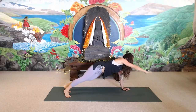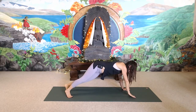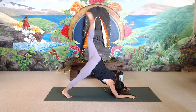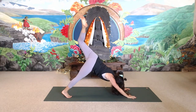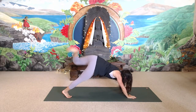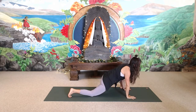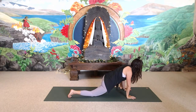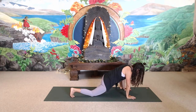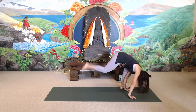Last round, left arm circles, add the plie, hand down, forearm down, leg lifts, and then push into the hand, straightening the left arm away from the mat and let the right leg swing. Drop the back knee and just pause for a moment, letting the hips melt, preparing for the final balancing sequence before we cool down. Shift the weight into the front leg and take your hops with the left leg until